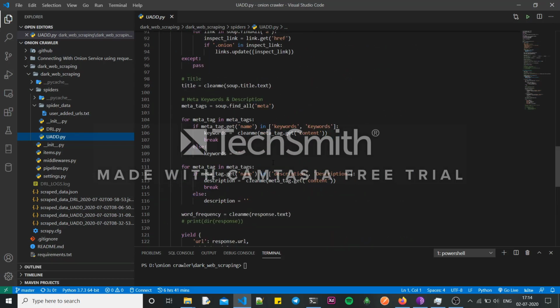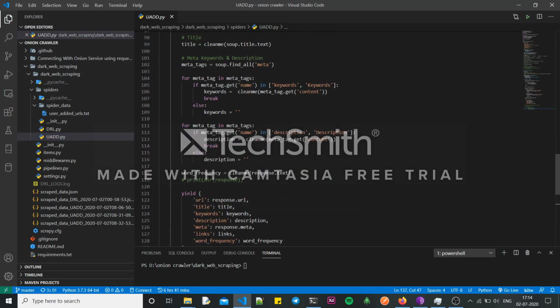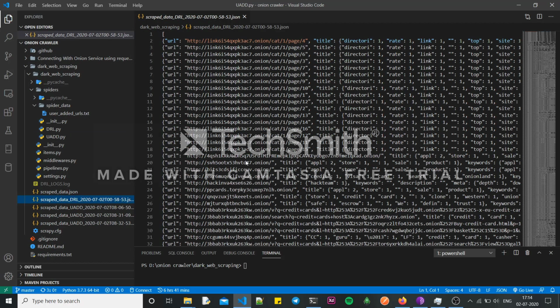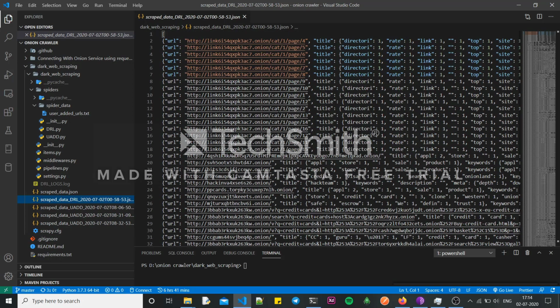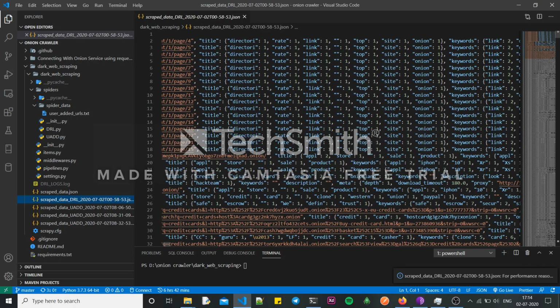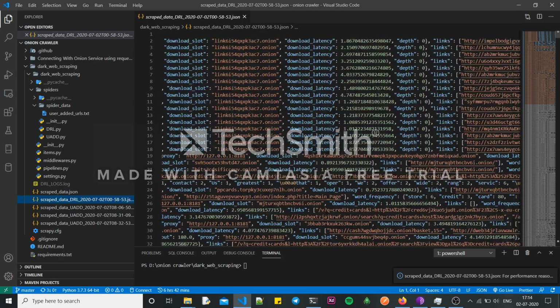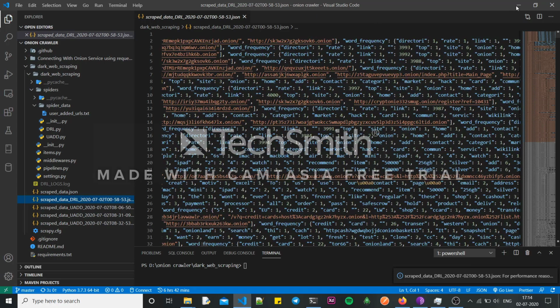I will tell you, I have commented out this, I don't know why, because I was just testing it. You can uncomment it. This is the database that I have got. This is a 7 MB file, and it ran, but it broke in between, it's hanging. So this is URL, title, like what's the title of it, and then we have their meta tags. You can check it on your own. There are a lot of things here.